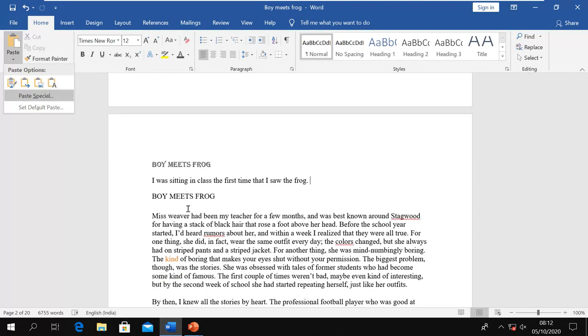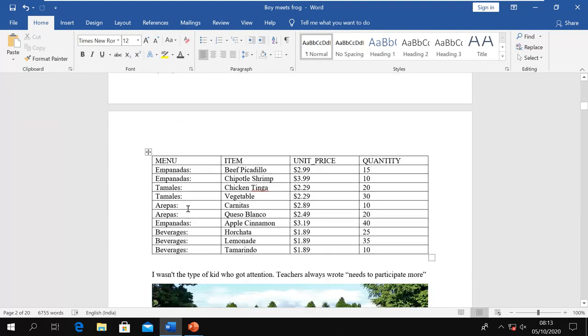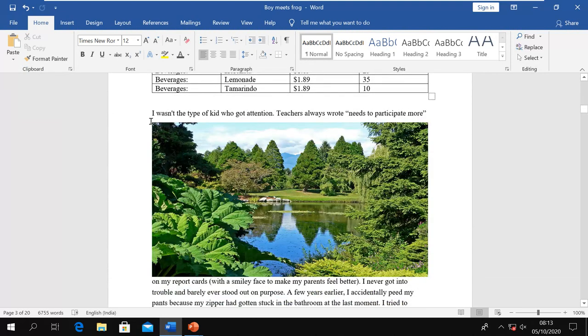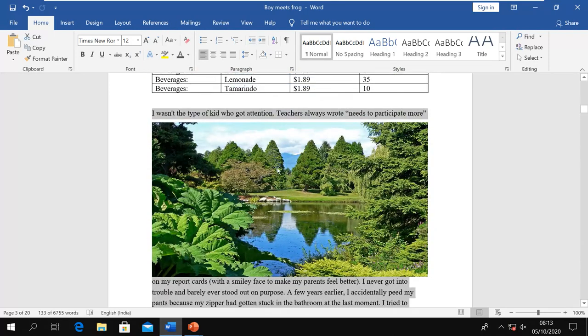That means, for example, let's say here I have text and images all. So if I select this like this, now that means I have selected text with the image also. Now when I copy this, it has copied the image and text both.